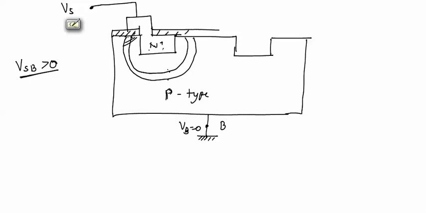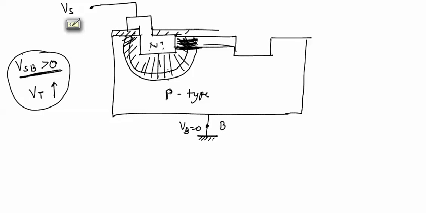If this depletion layer width is large in this region, then it becomes more difficult to remove this depletion layer and form a channel between source and drain terminal. So we will say that if we have applied a source to body voltage which is greater than 0, threshold voltage Vt of the device increases. So if VSB is greater than 0, threshold voltage of the device increases. And we can decrease this threshold voltage by